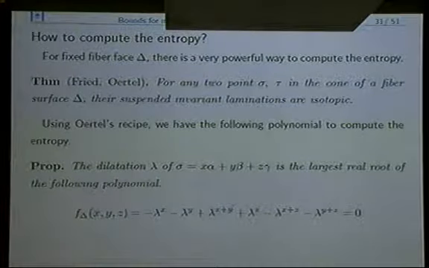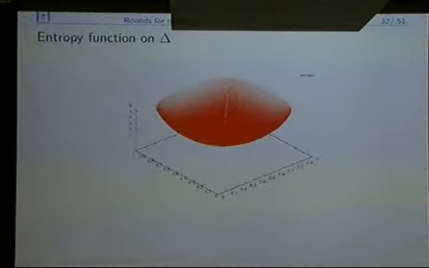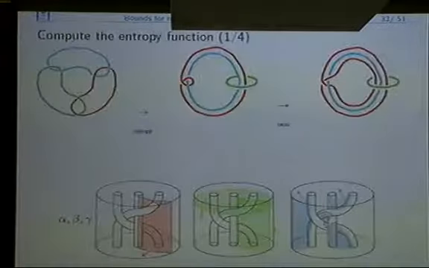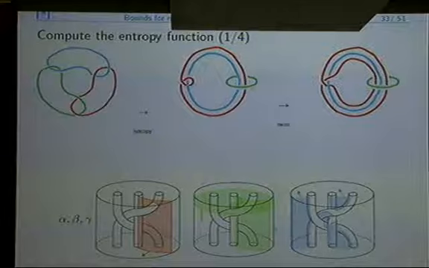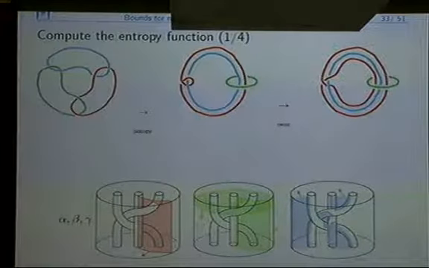How to compute this polynomial is hard to explain, but the answer function is like this. And let me see. Okay, I won't explain how to compute the polynomial, but using some kind of things. So first we want this